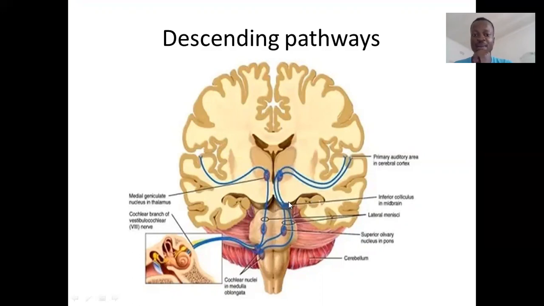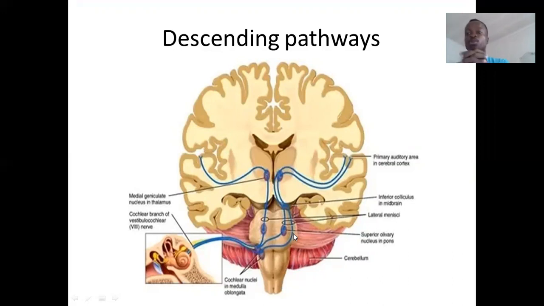Some of them come from the inferior colliculi, some of them come from the superior olivary nuclei and so forth. These are going to be the descending pathways that make up the olivocochlear bundle that we then said was going to release acetylcholine at the level of the outer hair cells, and that is going to result in a hyperpolarization within the outer hair cells, and that is going to result in the prestin molecule relaxing, and relaxation of the prestin molecule is going to cause the outer hair cells to